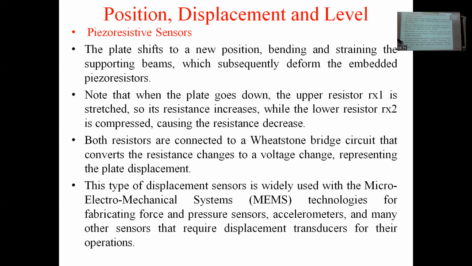So technology for fabricating force and pressure type of sensor or accelerometer type of sensor, many other sensors that require displacement transducer for their operation. Okay. आणि बाकीचे जे काही सेन्सर आहे ज्या सेन्सरच्या ऑपरेशनला it will require a displacement type of transducer, that means displacement type of principle. That type of sensor can be fabricated by using such types of piezoresistive type of sensor. Okay, so this is one type of